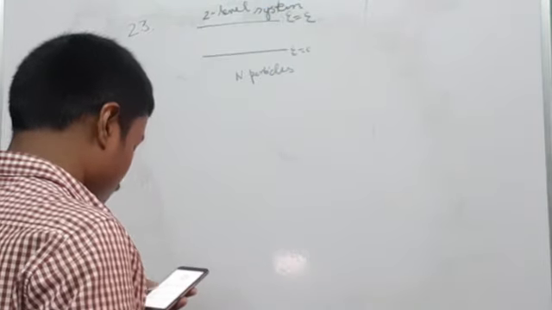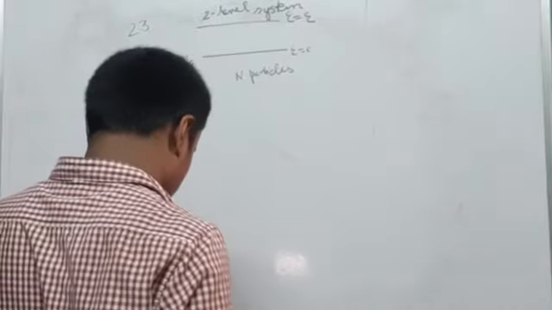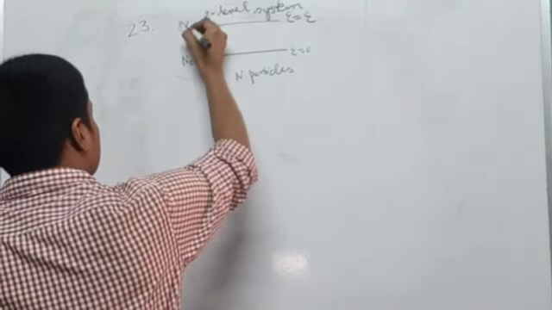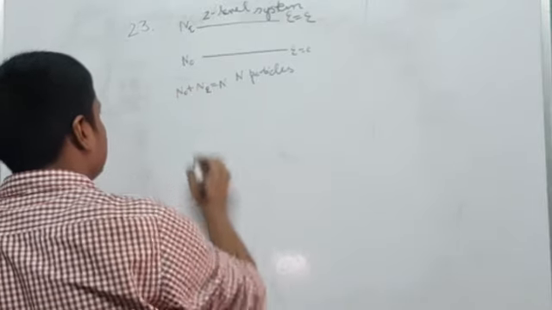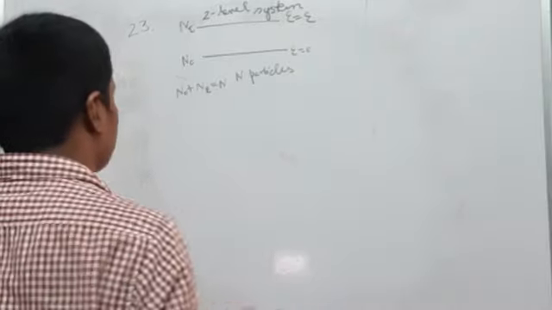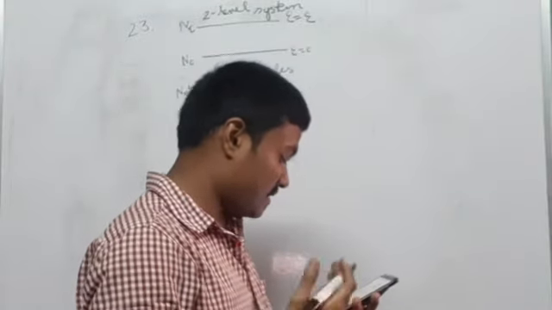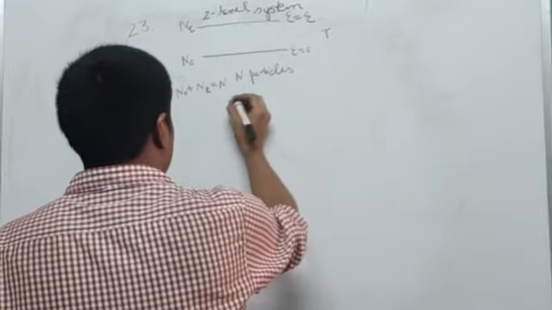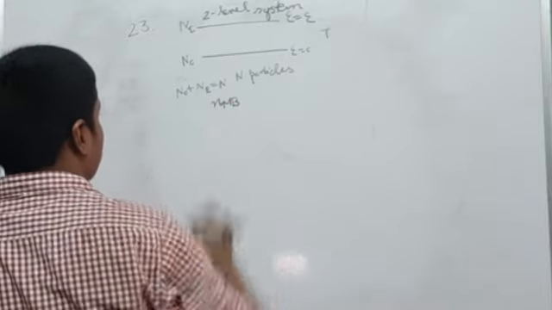Let's call the number of particles in the lower level n naught, and the number of particles in the higher level n epsilon, such that n0 plus n epsilon has to be n. How are they related? This problem really doesn't ask for any calculation, but it says it's classical particles and the temperature is T, so we know that we have to apply the classical Boltzmann distribution. The distribution we are looking for is N MB,